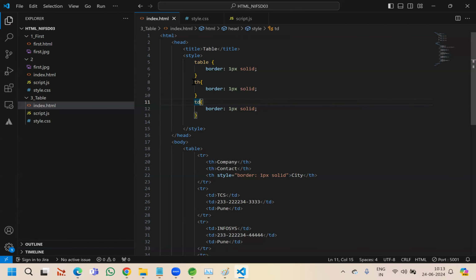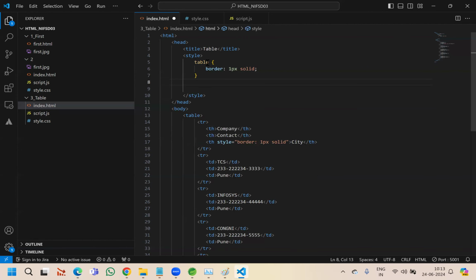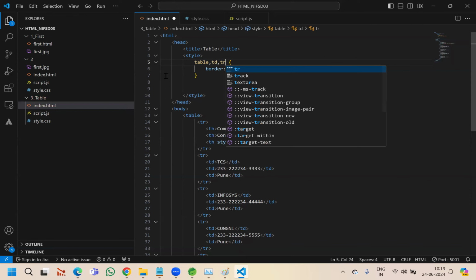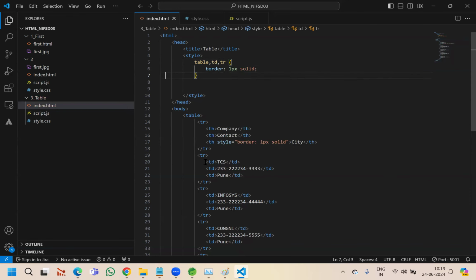So you can see your table looks like that. So the same CSS we are applying over our table row, table column, and table data, table header. So instead of writing, because we are applying the same CSS, we don't need to write it again and again. So we can group. It is called grouping CSS. Because we are applying the same CSS at all levels, our table level, our data level, our row level, so we can put